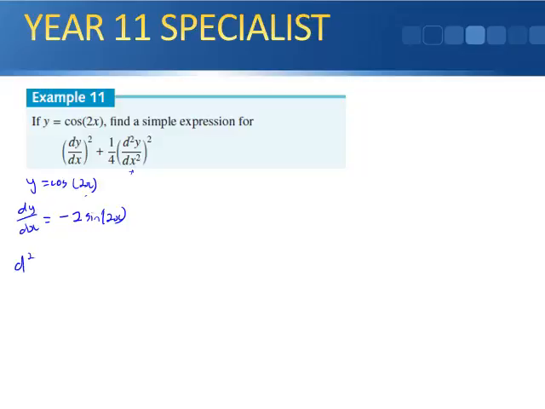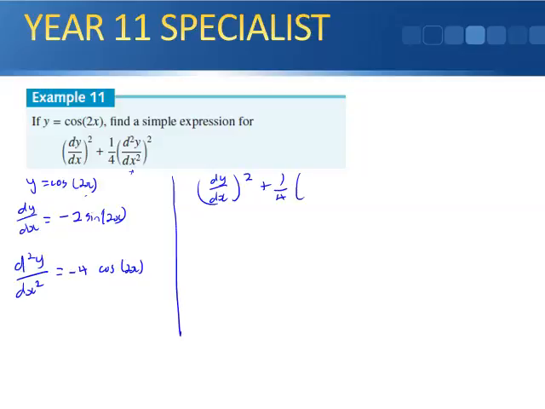Now the double derivative, d2y dx squared. So again, differentiating sine will give me cos this time. So I'll still have the cos 2x. Differentiating inside the brackets is 2. 2 times the negative 2 that I've already got outside is going to give me negative 4. So there's that one there. So dy dx all squared plus 1/4 d2y over dx squared, all squared, equals